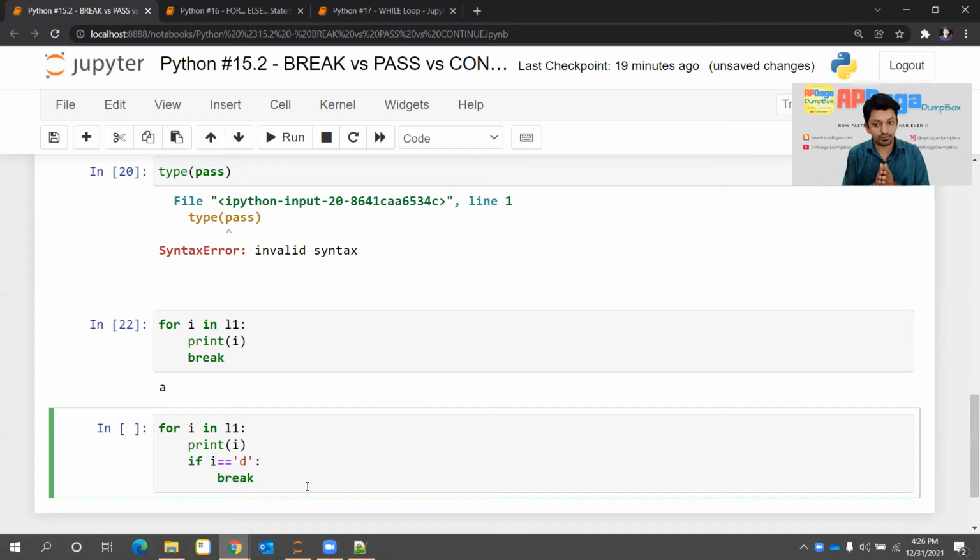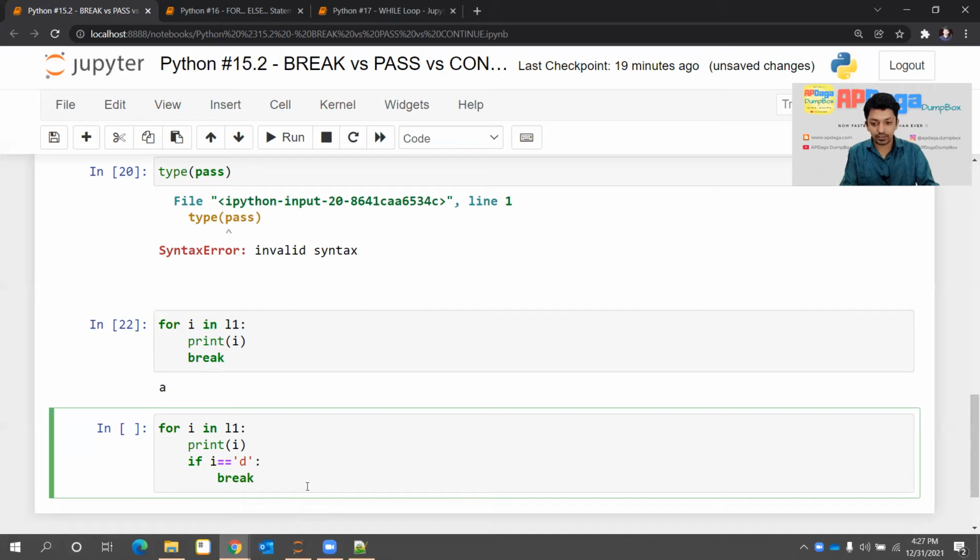The break statement, as well as pass and continue, can be used in any loop. May it be a for loop, a while loop, or any other loop if possible. It will break the current loop. In whatever loop you write this break statement, it will break that. Similarly, all these keywords, pass, break, and continue, you can use in any of the loops. It is not restricted to the for loop only. You can use it in any of the loops.